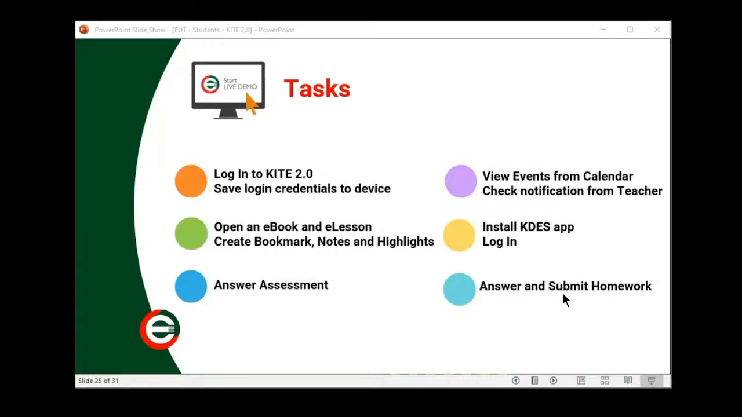So I believe your teachers have prepared something in your accounts. No? So we have some activities to answer later on. Okay, so take note of these tasks and I'm going to stop sharing this because we're going to log in